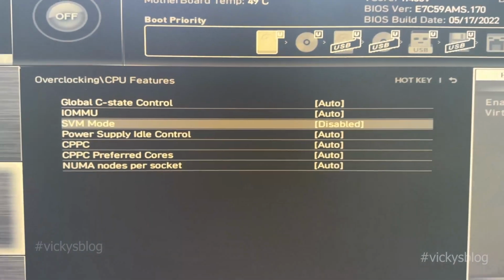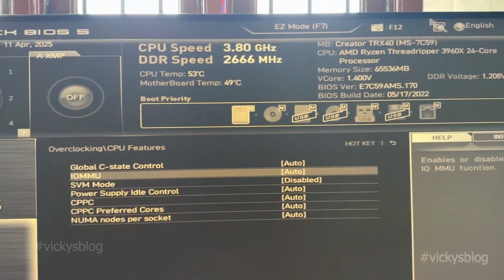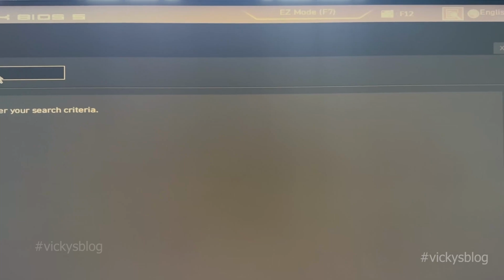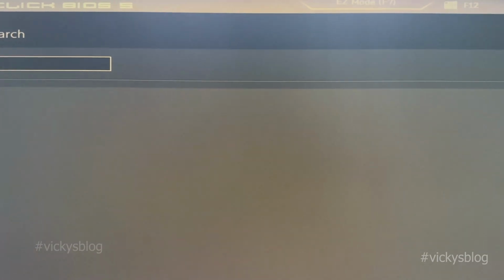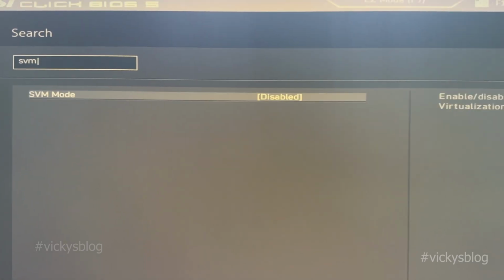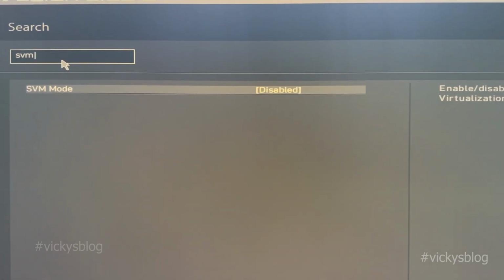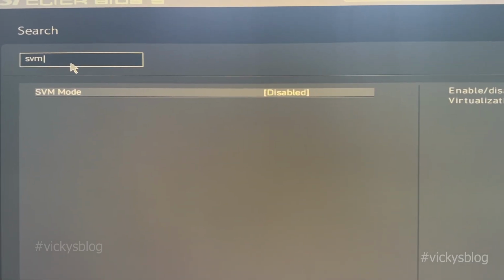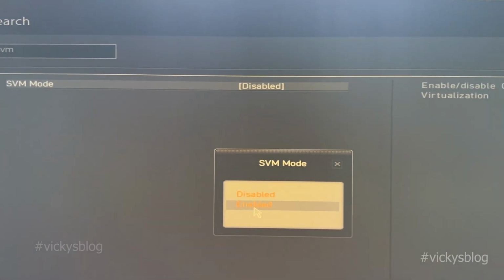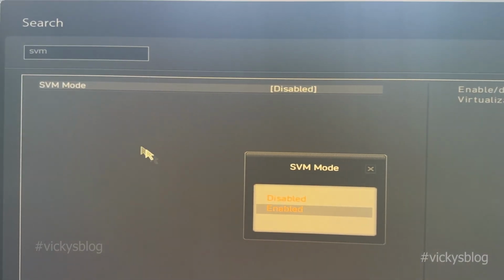Before that, I just want to show the shortcut if you're not able to find it. Here you can search actually. So here type SVM mode. If you're using an AMD motherboard, then you need to type SVM. If it is an Intel motherboard, you need to search Intel. So SVM mode, it's disabled. I'm going to enable it. So type SVM,